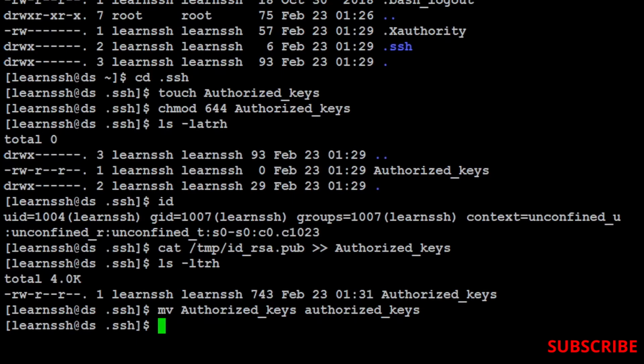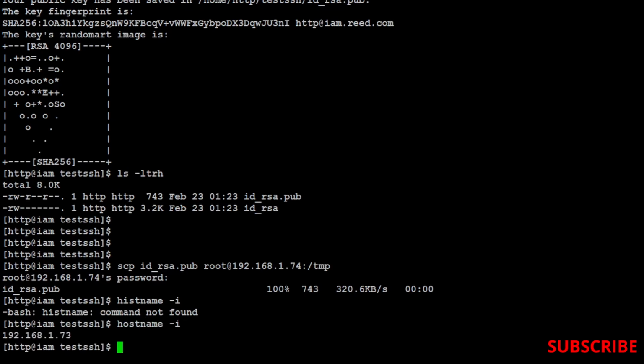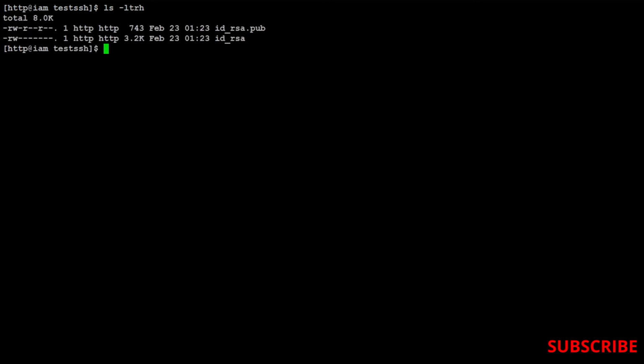So this machine is, if you will see, 74 and we have to connect through source. So this is our source, correct? 73 is our source and we have both the keys.